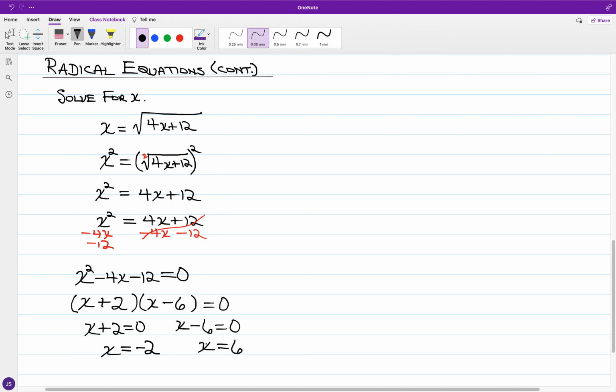Now we're going to be checking the result. We might have two solutions, or just one solution, or possibly neither solution is going to work out. At least in this example, I'm going to check these values. So if I check x equal to negative 2,